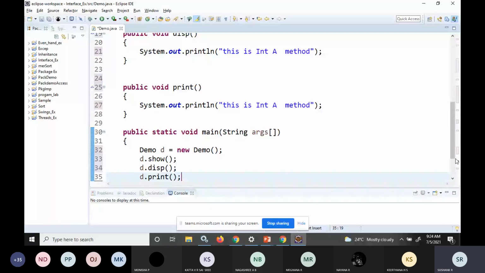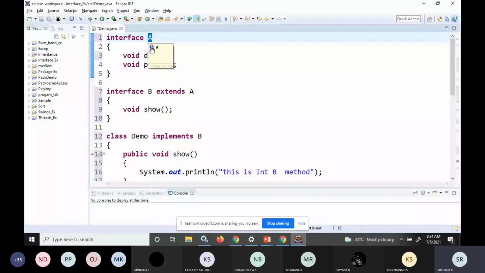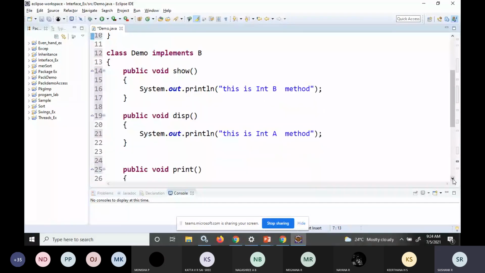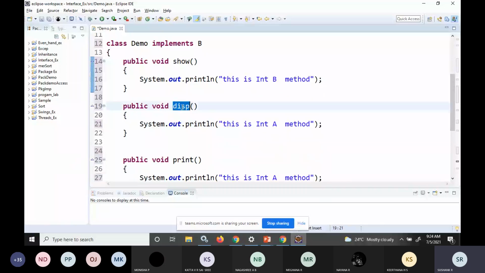What I did is I created one interface by the name A. It contained two methods, display method and print method. Then I created one more interface by the name B. It contained the show method. By using this extends relationship, I was able to get the methods of interface A. After that, I created a class which was making use of interface B. So the class had the responsibility to provide the implementation details of show method, display method, and print method.